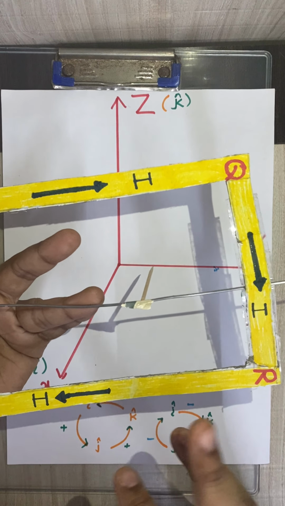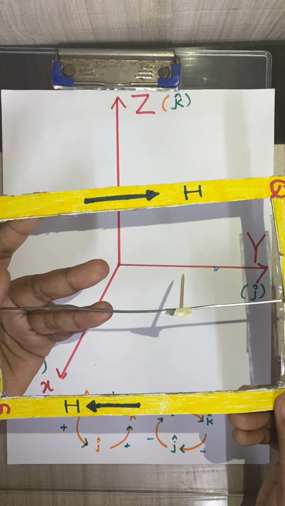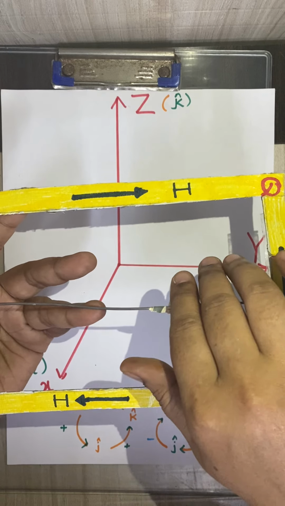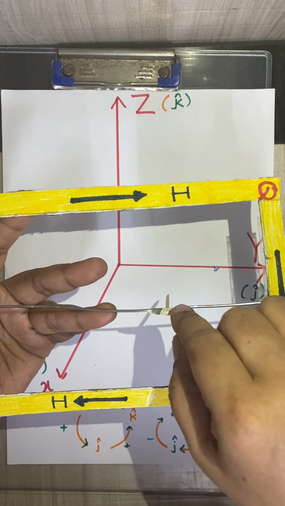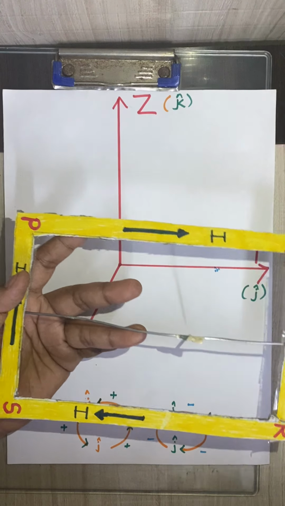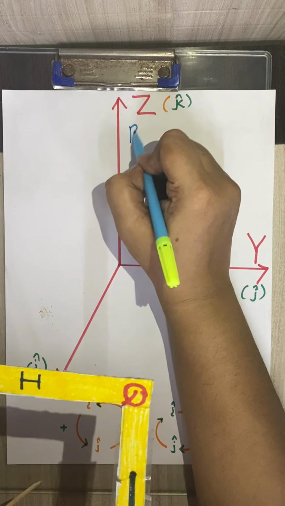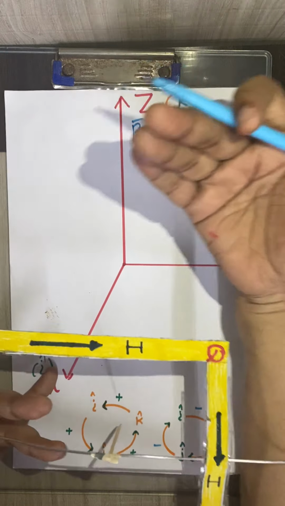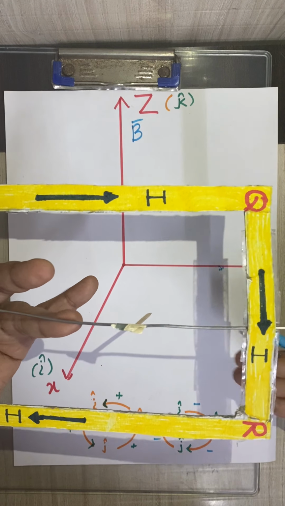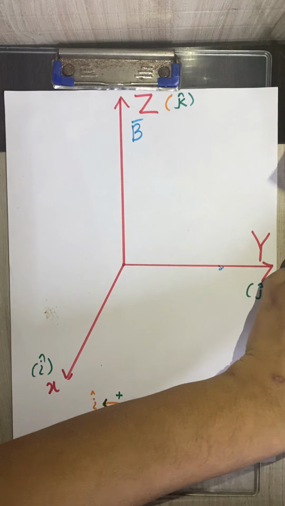So what happens now? That equilibrium is considered the unstable equilibrium, because the magnetic moment is anti-parallel to B. The magnetic moment is in the downward direction, and along the z axis the magnetic field is there. That magnetic field is in the upward direction. So magnetic field is in the upward direction, magnetic moment in the downward direction. Both are anti-parallel to each other, and therefore the equilibrium is called an unstable equilibrium.